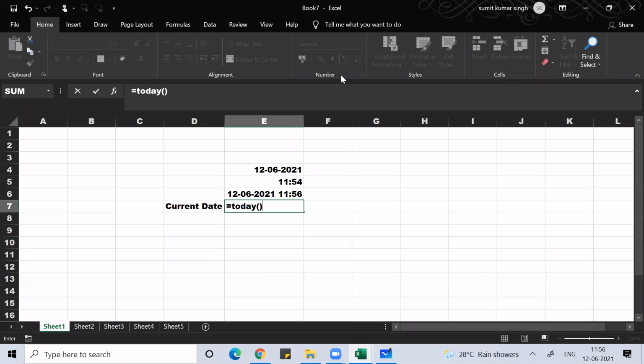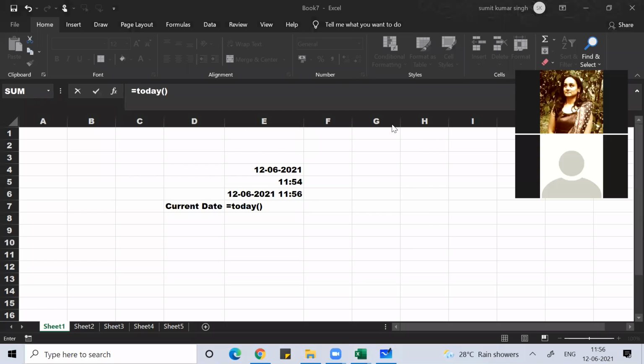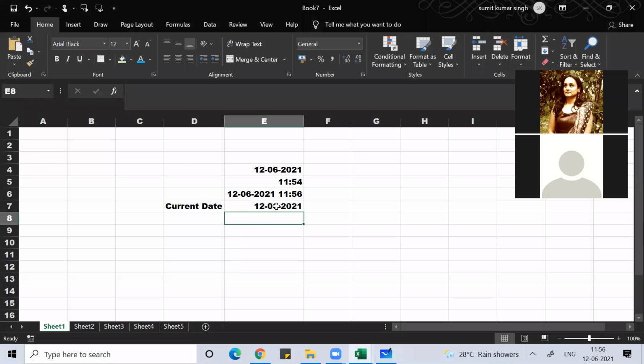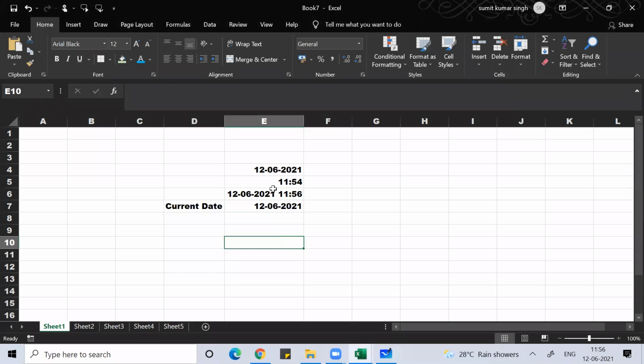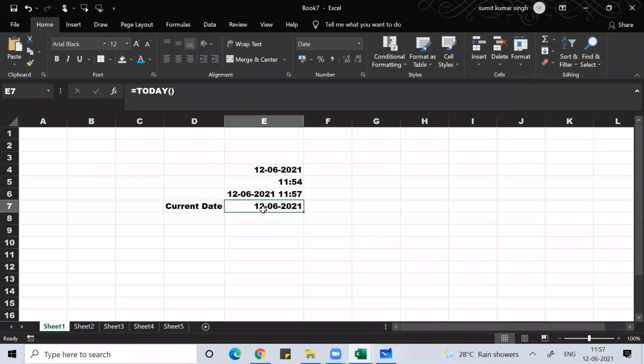You can get today's date also by using this function. So if I use equal to TODAY open bracket close bracket, I can see the current date. Okay everyone, anyone any doubt? So to see the current date, you can press equal to TODAY open bracket close bracket.